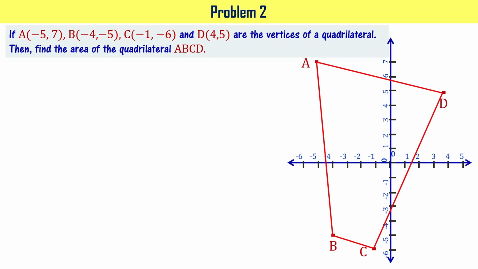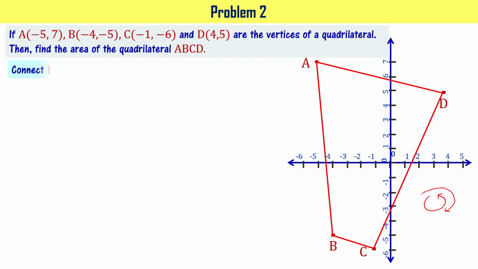If you plot, you will get a figure like this for quadrilateral ABCD. As you see here, A, B, C, D are following a pattern, right? It is a counterclockwise pattern they are following. If they are following a clockwise pattern, also fine. If it is not, then there is a chance that you will get wrong results. For that reason, it is always better to plot first and see whether they are following a certain pattern or not. Otherwise, you have to put them in the right format, plot it,